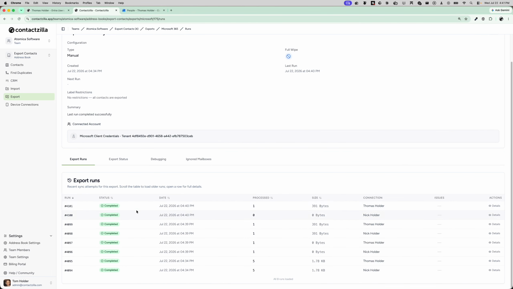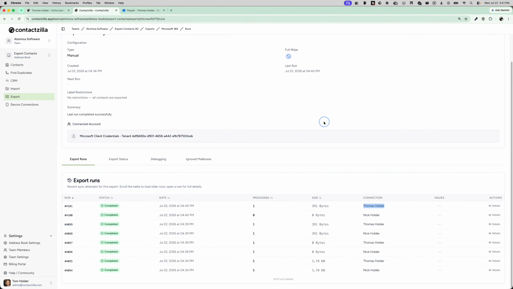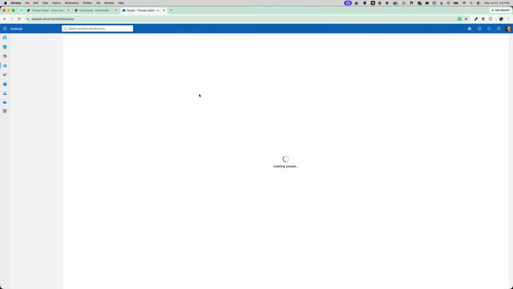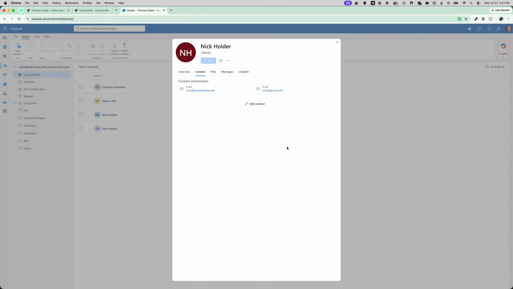it's done the 2 runs. You can see Nick, nothing's changed because we weren't amending Nick's contacts. But for myself, it's done 1 change. And if we click, it's actually updated 1 contact. And if we come back in and refresh, we're going to see that Nick's contact card has gone back to the server representation. So that's how the skip and replace